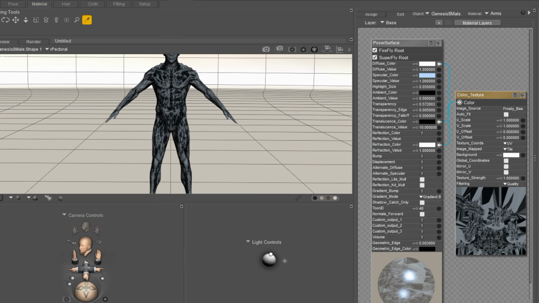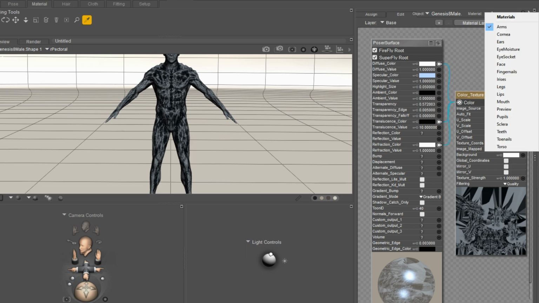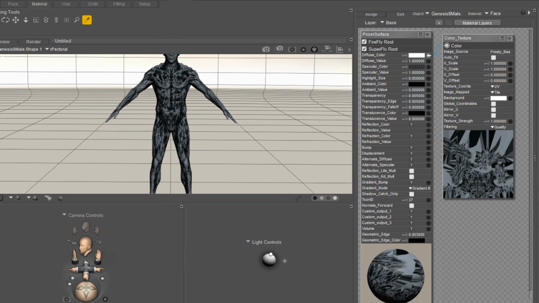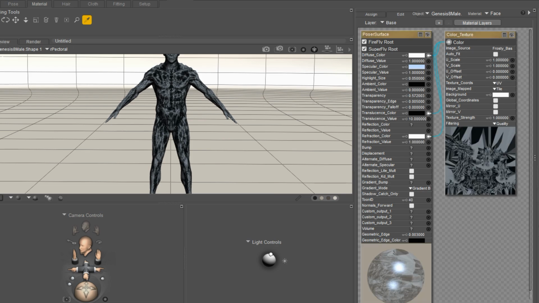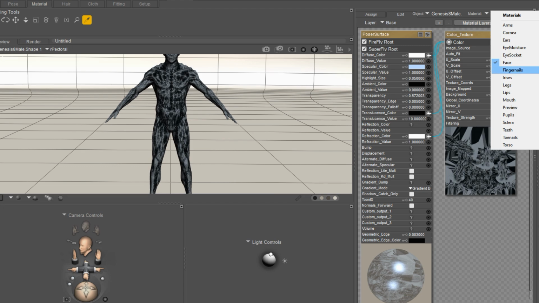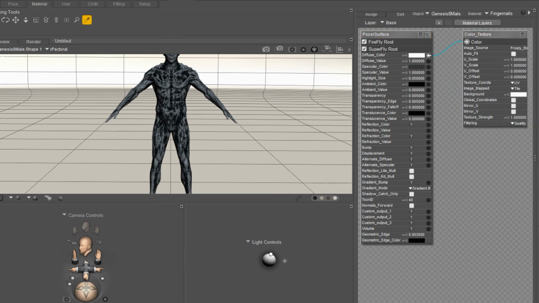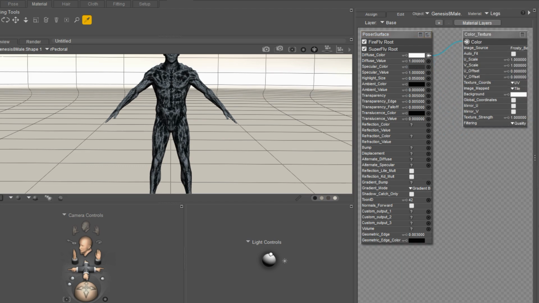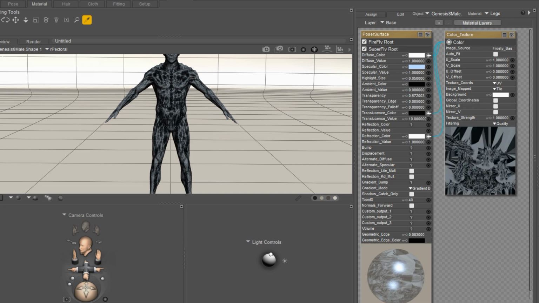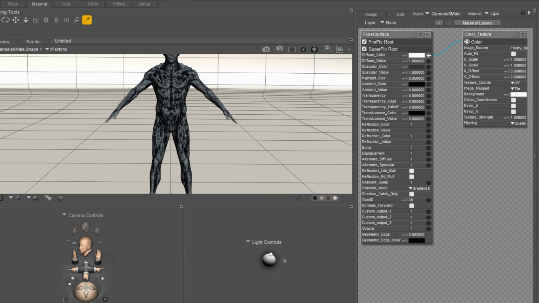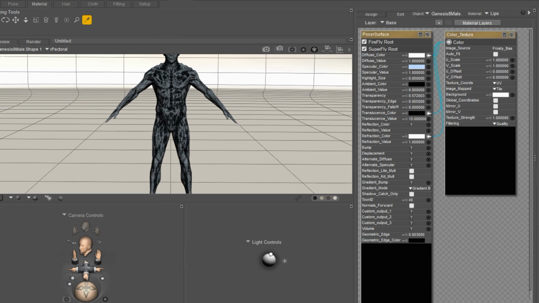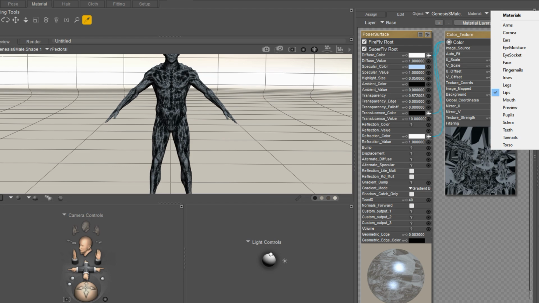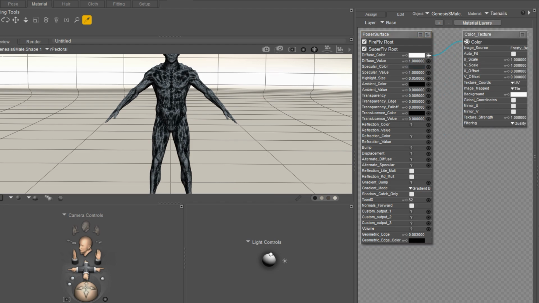So I've worked through these systematically, each body part, changing the arrangement of the material slightly by adding an extra connection where the colour is normally just connected to the diffuse. I've connected the colour to the translucency and the refraction, and I've changed the specular colour to a light blue shade,